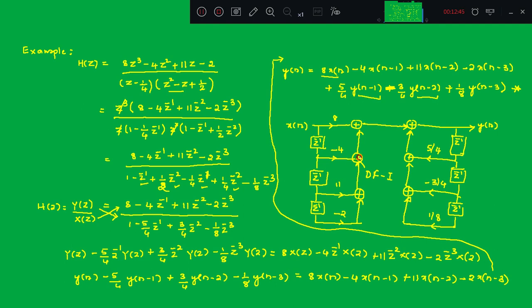So similarly, now for the direct form 2 realization, as we know, we have to decompose this h of z into a product of the two transfer functions, namely h1 of z and h2 of z. So h1 of z is all poles of h of z, and h2 of z is all zeros of h of z, right? So we will discuss that.